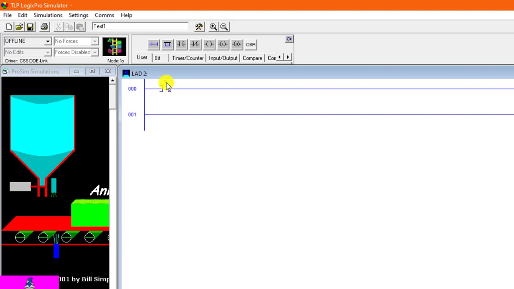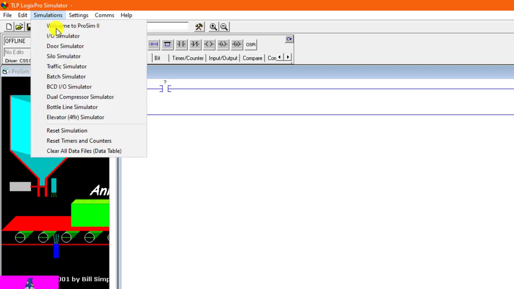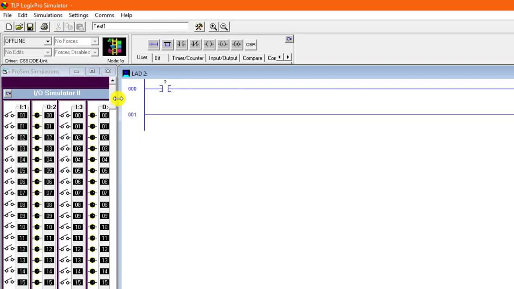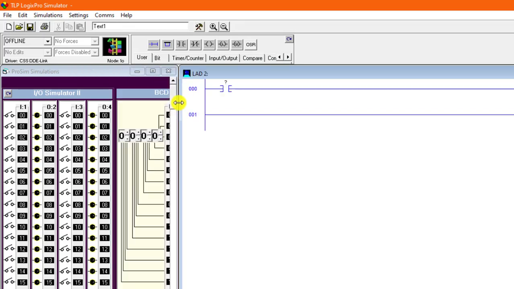If you have seen the first video that you must see, I've shown you that there are a number of inputs from 0 to 13 or 0 to 14. So you need to mention which input this switch is taking. Either it's the first input, or the second input, or the third input. So I'll just move to simulations and then input output simulator. Why I am doing this, you'll know in a while. I'll just drag it a little over here so that you can see it clearly.